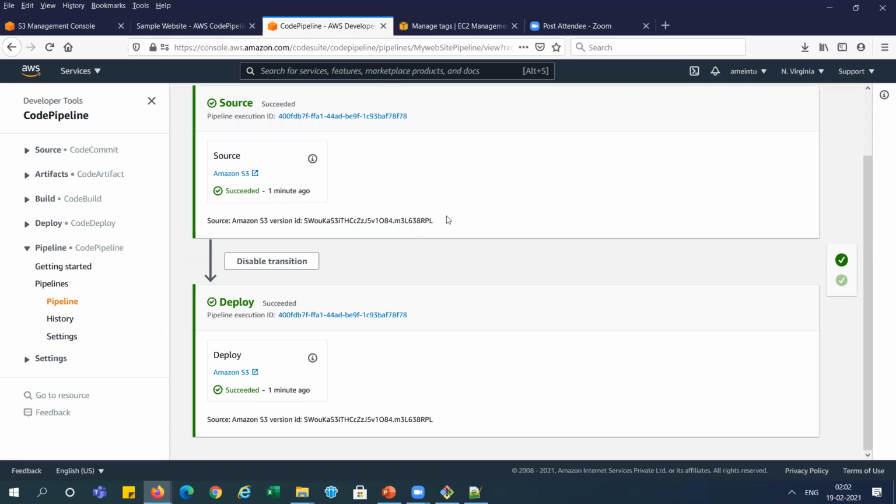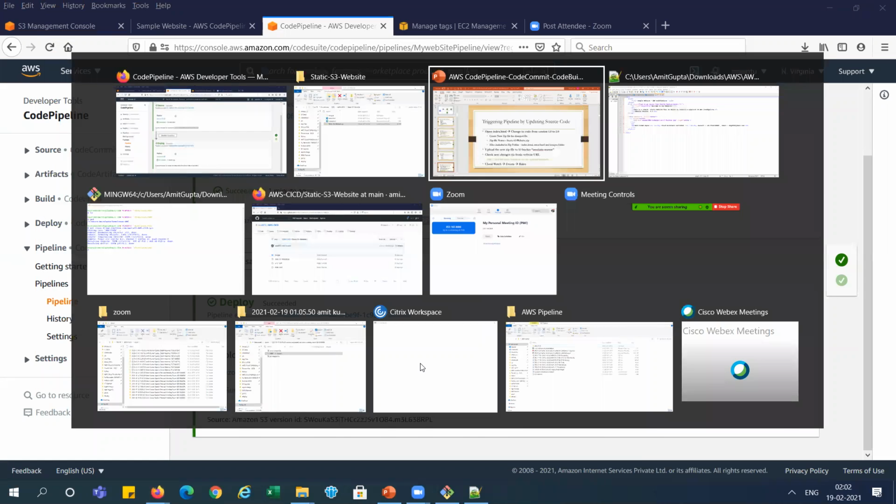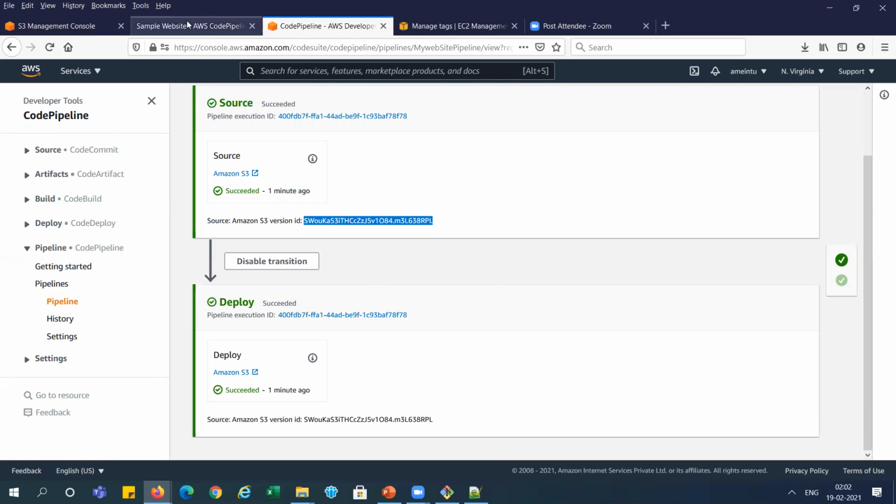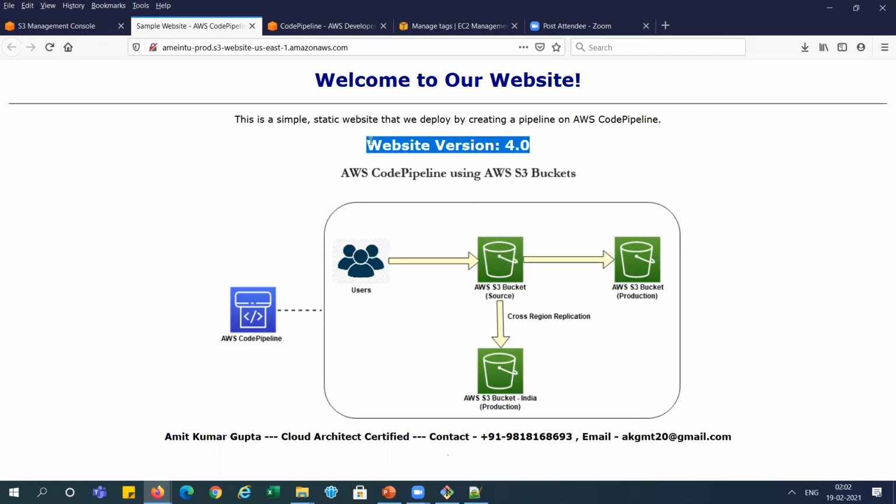And it's triggered. You can see this ID has changed. Earlier it was showing a different ID, right? With every deployment, this version ID will change, right? And the same ID is in both places, which means it will deploy in both the places, source and deployed folder, right? So it will deploy quickly, very fast. So now check, we got 4.0, and you can see here 4.0 is showing, right?